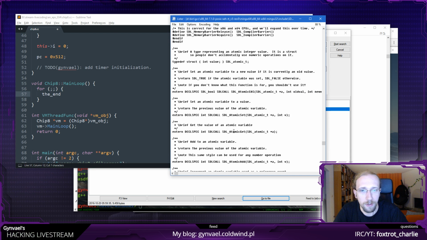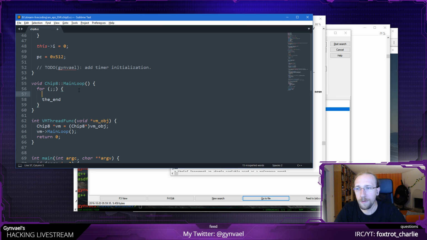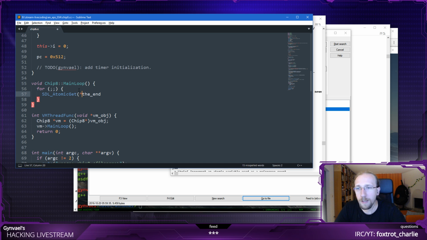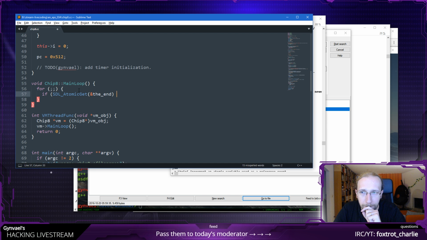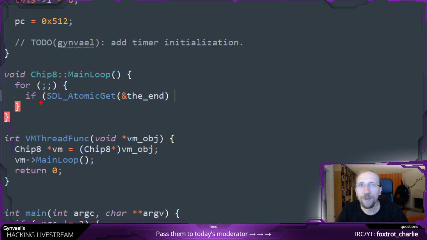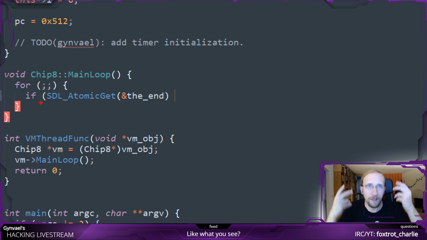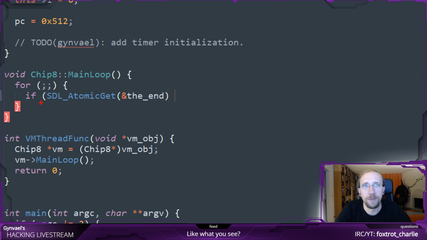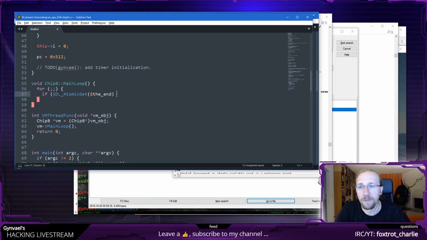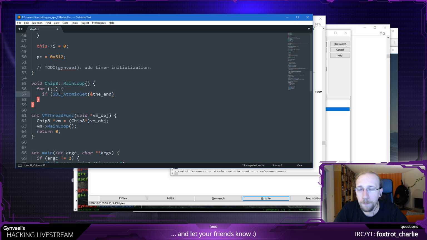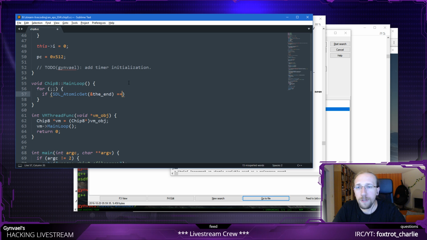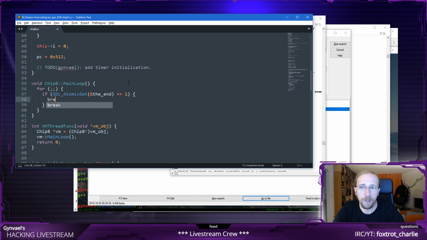And now there was some get atomic. And it returns, yeah, perfect. Get the value of the end. So if I get it, what I'm counting on by using atomics here, the real thing I'm counting on, is that they internally convince the compiler to always get this value and not do any funky optimization, assuming that this value will never change and just not getting it at all. If this value is equal to 1, then we exit, we break. That's it, done.